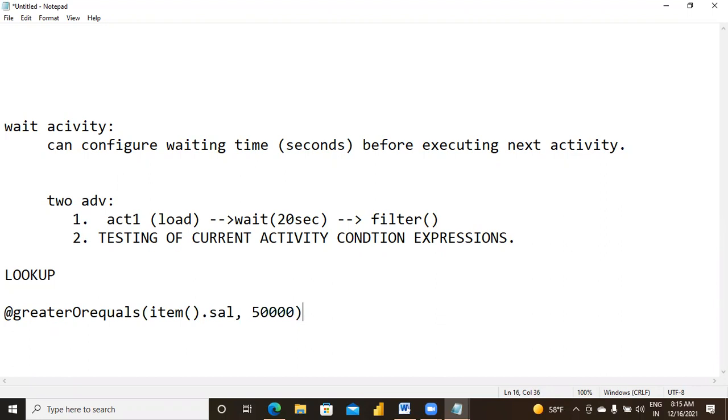After that, with that output, what you want to do next, you want to apply for each or if else, whatever activity you want to apply, you can apply. Got it? But this is not happening in version 2. In version 2, for all these operations, we will be using data flows. This is version 1 style. But in version 2, you have powerful weapons. Those are data flows. Mostly from tomorrow onwards, I will start data flows.